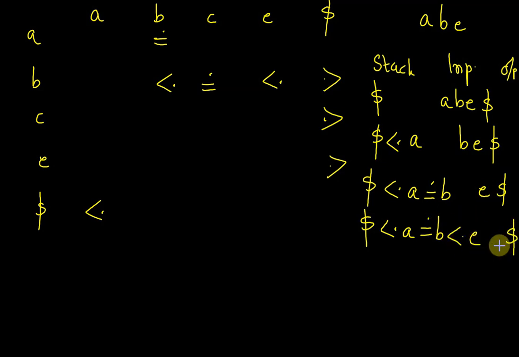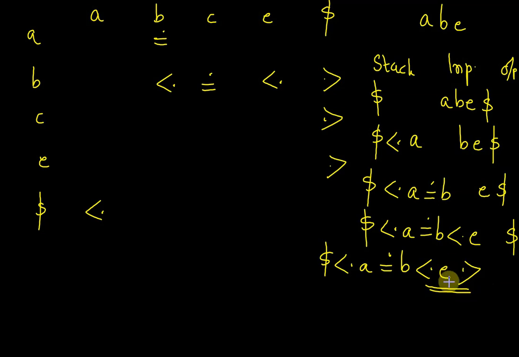What is left in input? This dollar. Then E on dollar. E on dollar is greater than. So this will be equal to B E. Okay. Now when you get closing bracket here, you need to find out the first matching opening bracket for this. So when you reach this closing bracket, you just come backwards till you find the first opening bracket. So opening bracket is encountered over here. Whatever is there inside this is called a handle. Handle means part of string which can be reduced to a non-terminal symbol.